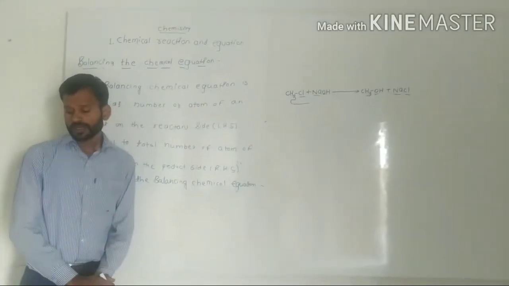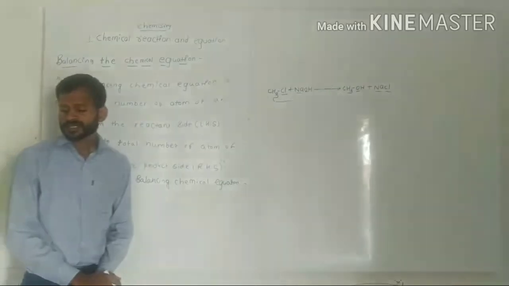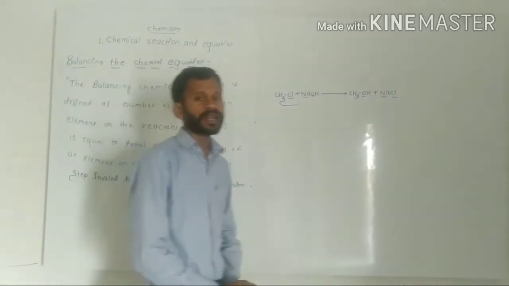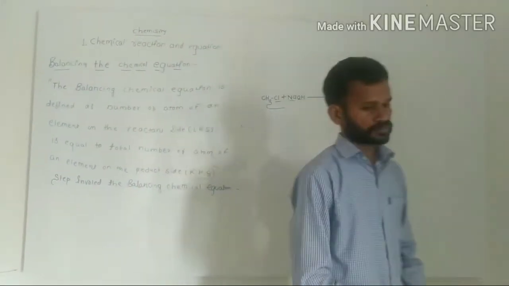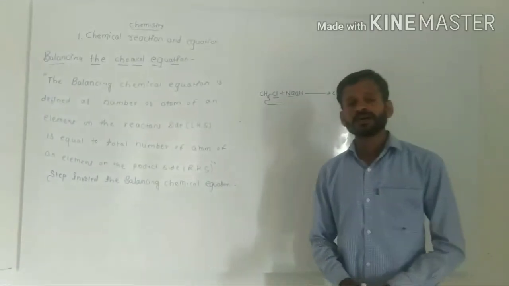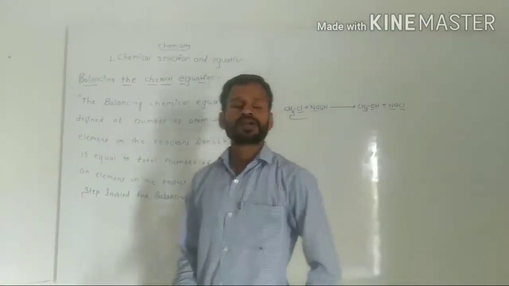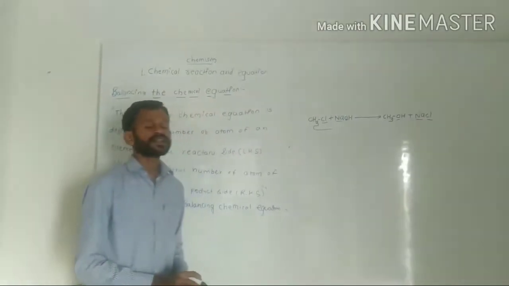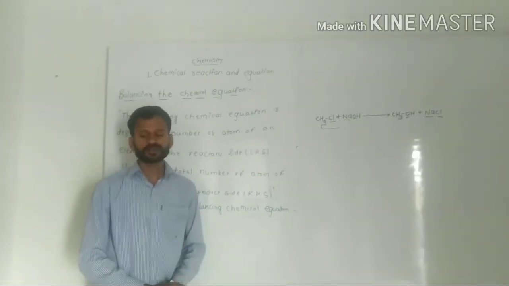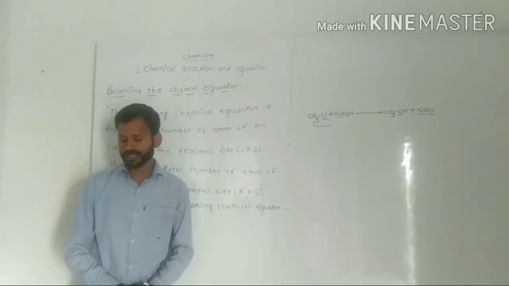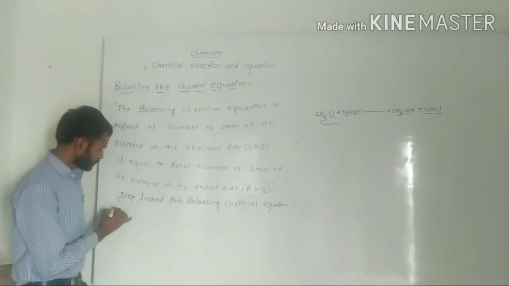So here let us try to balance one chemical equation. That is the first chemical equation: magnesium treated with oxygen forms magnesium oxide. So, step 1,